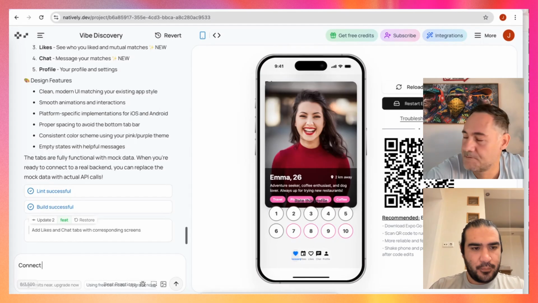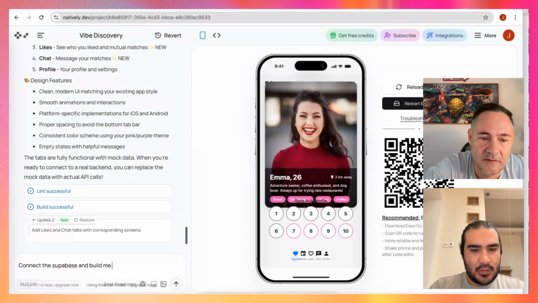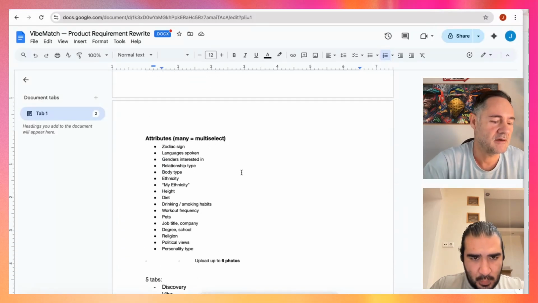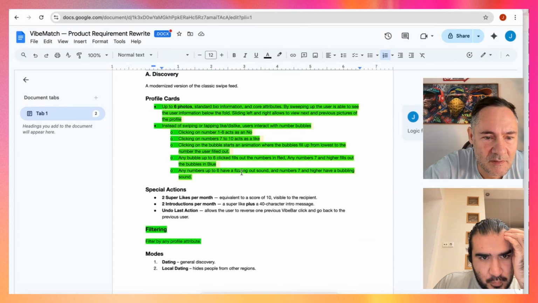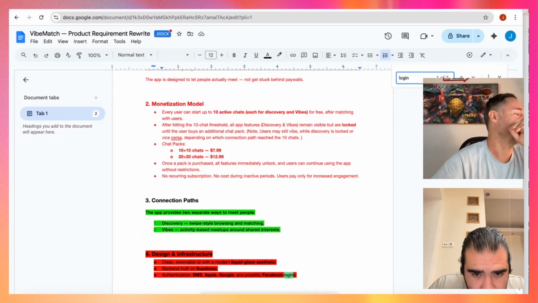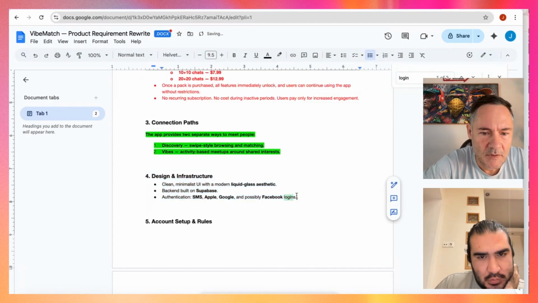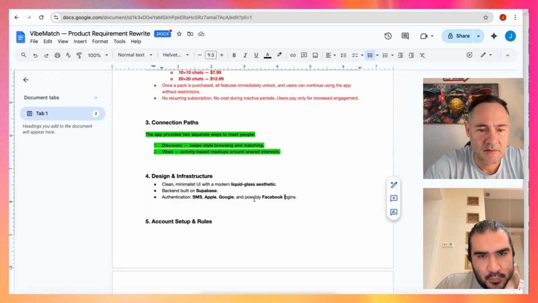For the login, I know it can do SMS and the social logins, like Apple login and Gmail login. I would prefer people not to just come up with an email and password. I think SMS based as well as Apple and Gmail. Do we have it here somewhere? I think I have it. I can look at the document too. It's here. You can disregard the Facebook login. Okay, so Google and SMS.